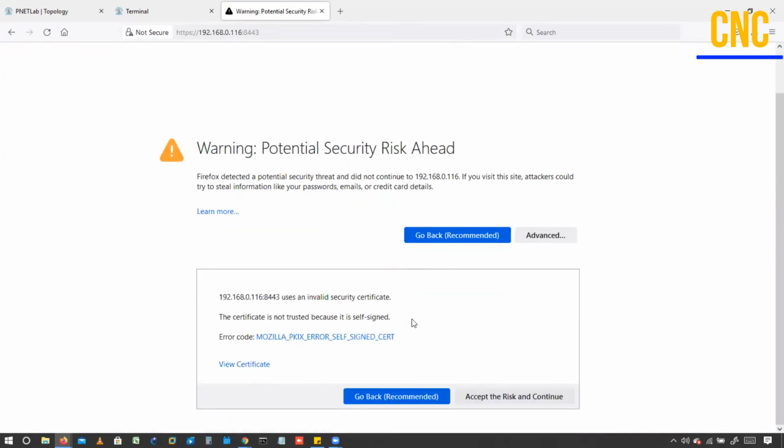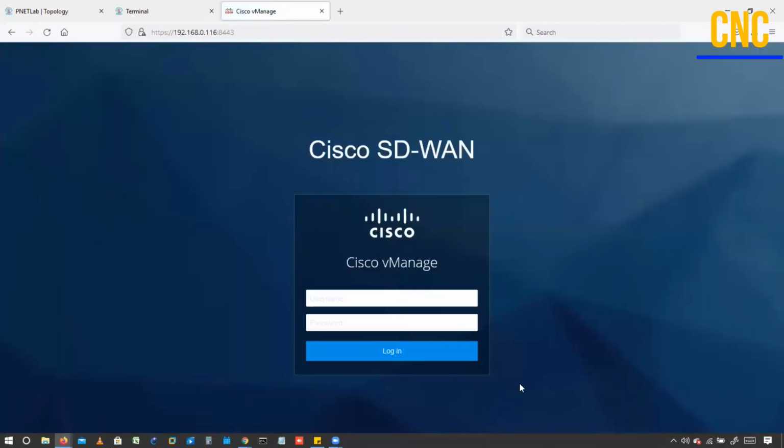But let's suppose I do not use the port number 8443. So what happens in the background? It will try to hit 443 by default. So I'll take https:// this IP address and then press enter. In the background, the device will redirect the packet to 8443 automatically. We have those settings in the background.